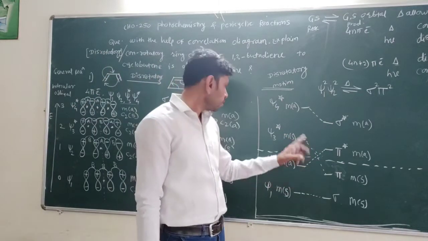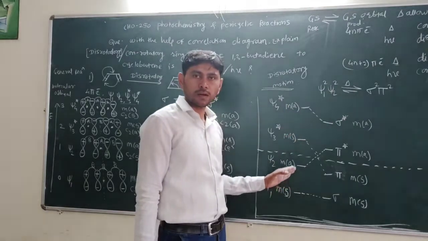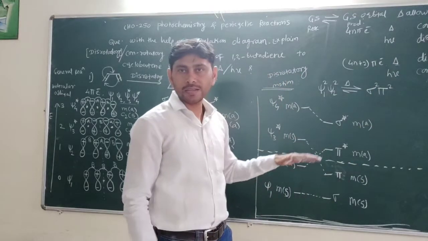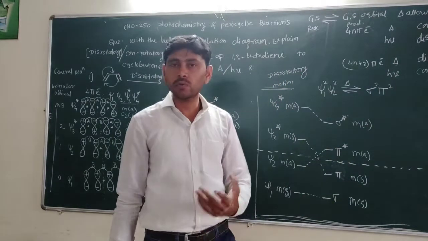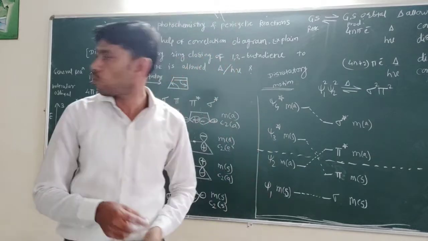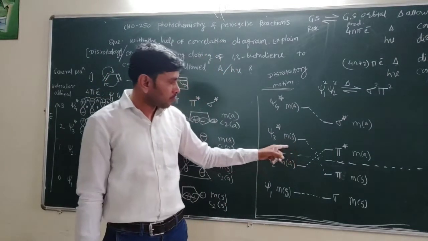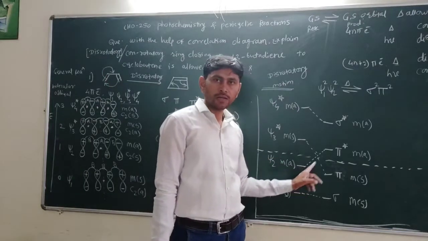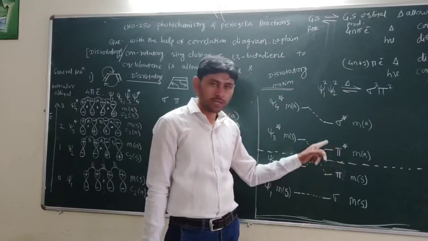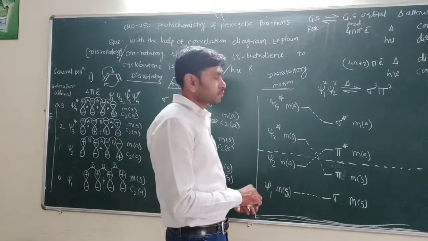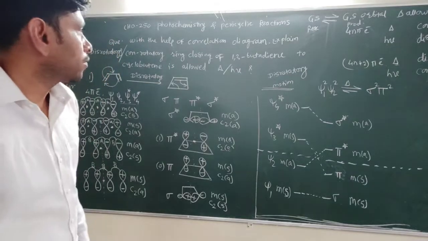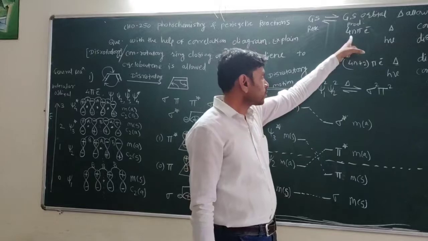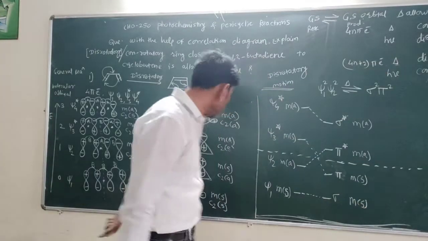When such condition occurs, then this type of reaction must be photochemically allowed. When excitation is there, excitation is only when there is a photochemical mode of activation. And here photochemical mode of activation results because the ground state orbital of reactant is correlated with the first excited state of product. When such condition occurs, then the reaction must be photochemically allowed. So by this rotatory motion, the 4n pi electron system must be allowed by photochemical mode of activation.